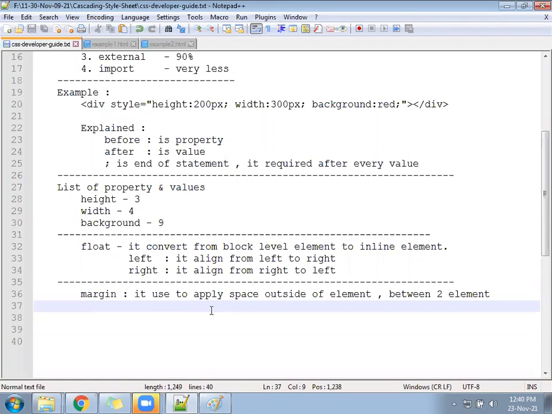Now let's write how many types of margin we have. So we have one: margin colon auto.